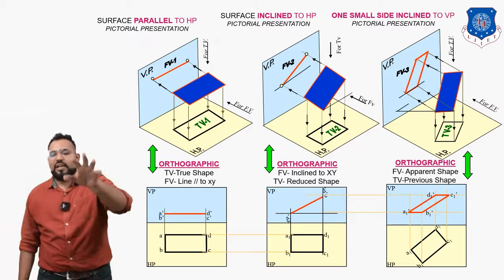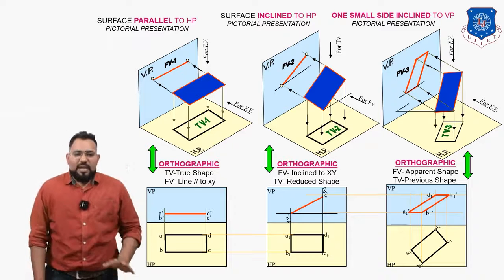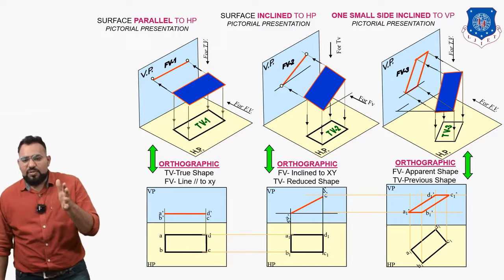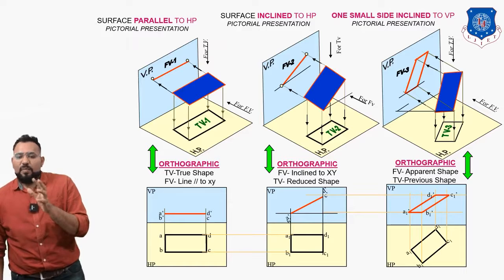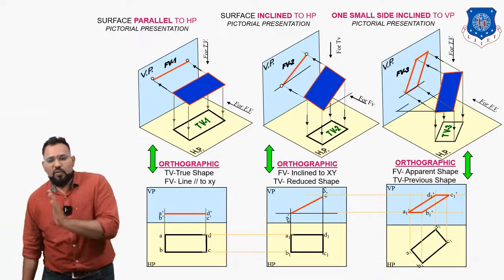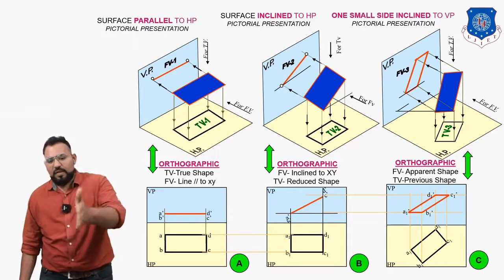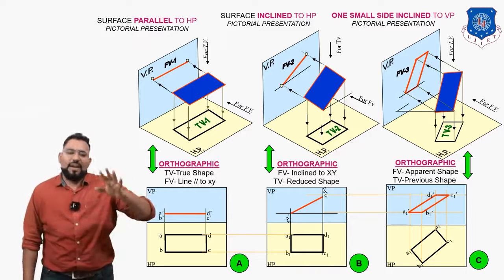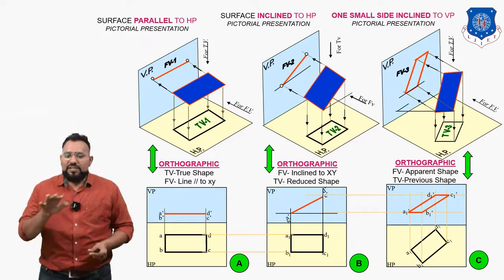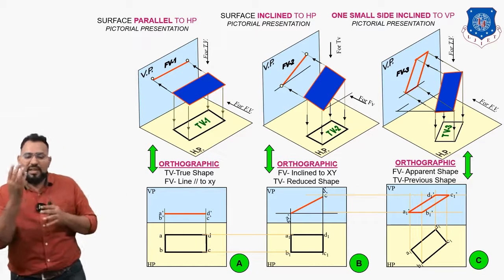Okay, so this is how you can get this kind of shape over here. These are some basic concepts. This is how you can take the projection. Now let us move on to the next slide. So this is the A, B and C. Your example is going to look like this. Your example is going to be the combination of these three drawings.